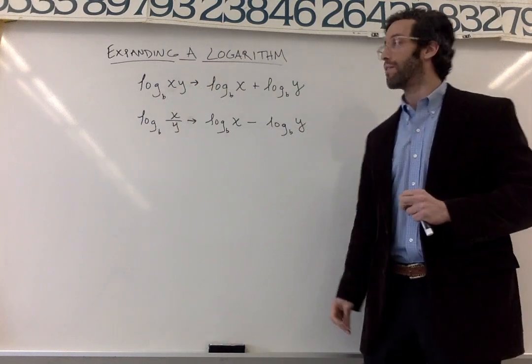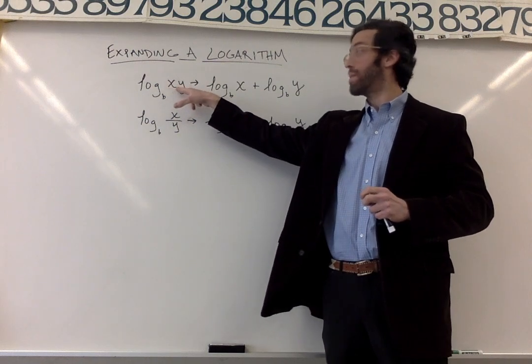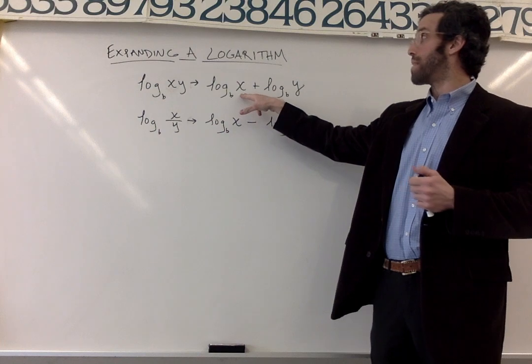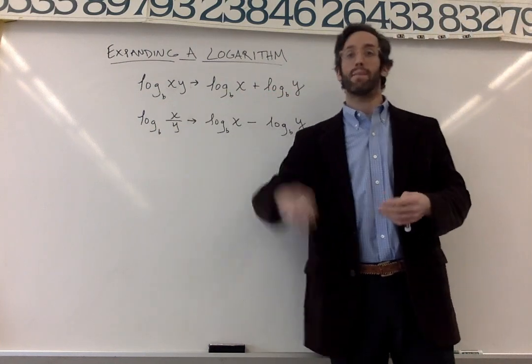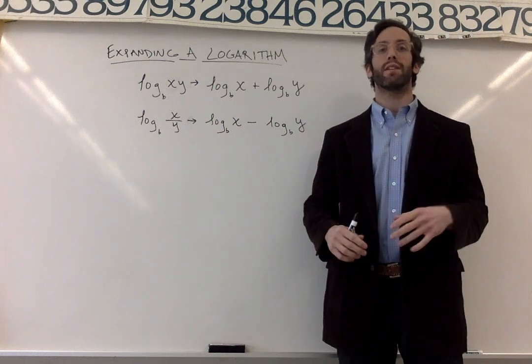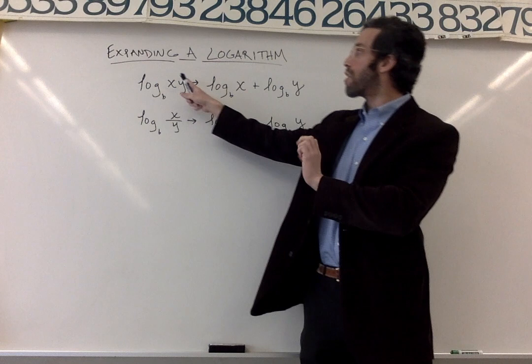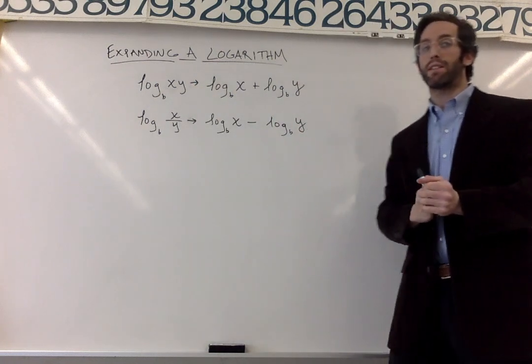First of all, log base b of x times y. If the argument is a product, we can rewrite this as log base b of x plus log base b of y, regardless of the base. It could be a natural log problem, log base 7, log base 10, whatever. You can use this property. If the argument itself is a product, you can rewrite the logarithm as the sum of two